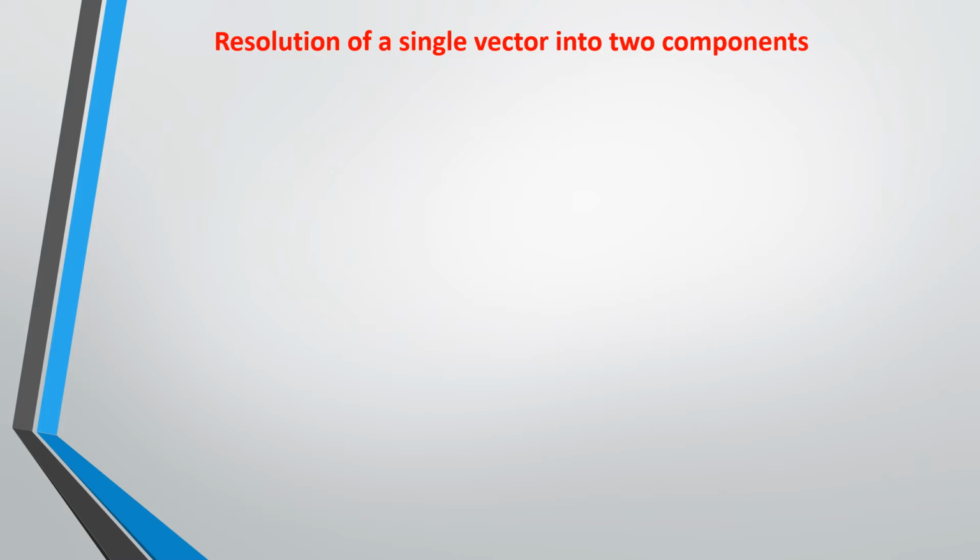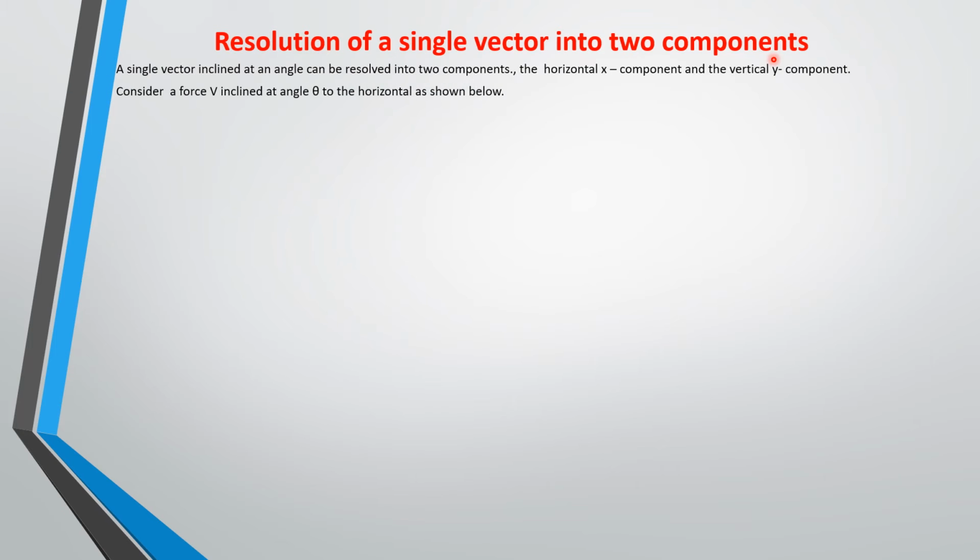So for today, we are looking at resolution of a single vector into two components. Actually, a single vector can be resolved into two components, and those two component vectors will represent that single vector in magnitude and direction, right? So a single vector inclined at an angle can be resolved into two components, the horizontal component and the vertical component. So if we have a force